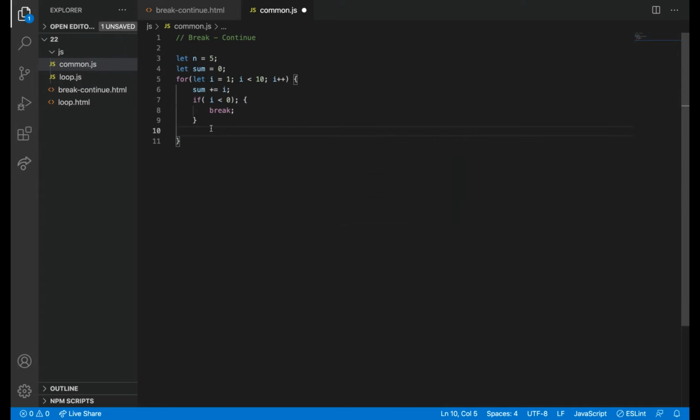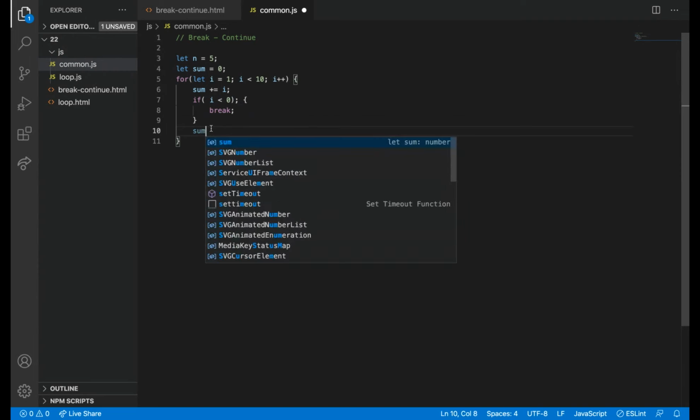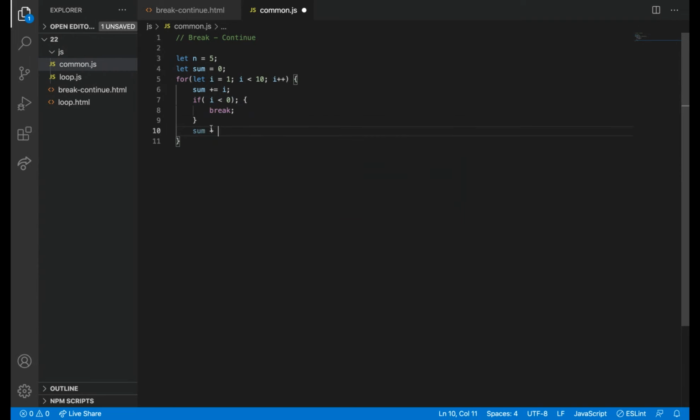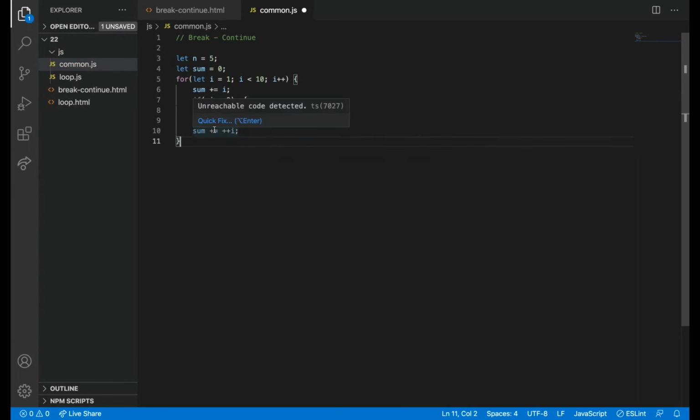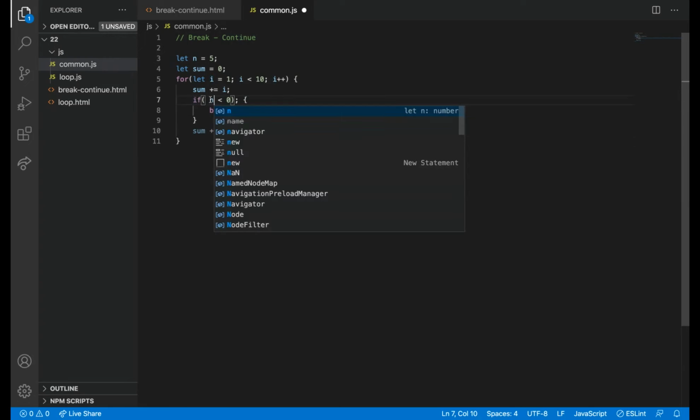I can say some other operation. Sum plus equal to something. I don't want, I'm doing any random operations. Sorry, i, not n.